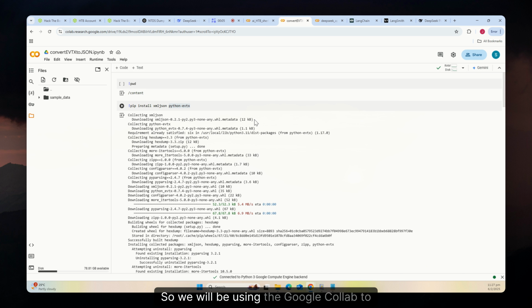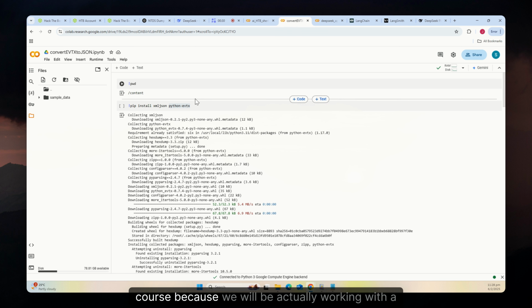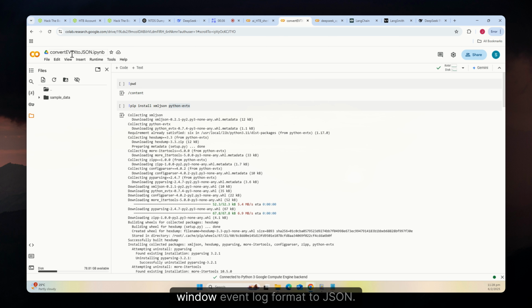We will be using the Google Colab to demonstrate most of our use case. The reason is that it's quite easy to set up this Jupyter notebook within the browser and for us to have easy access and an easier time to demonstrate some of the code to you. I would also encourage you to have some Python understanding before going deeper into the course, because we will be working with a lot of Python code on how to convert the Windows event log format